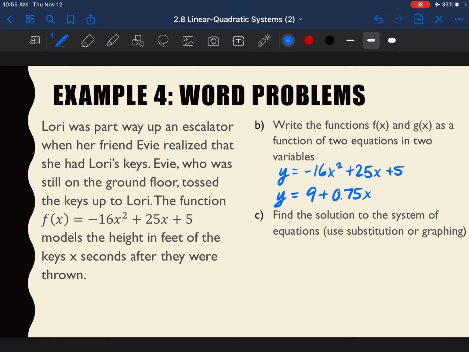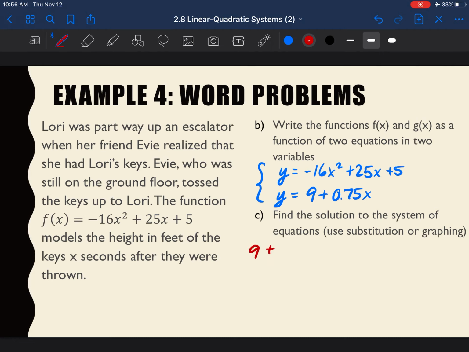And if you wanted to, you could have rearranged that one. Okay, so there's your system of two equations. Then it says find the solution to the system of equations. You can either use substitution or graphing. So I'm going to show you how to set up the substitution at least. If you do substitution, we can just take this and plug it in for the y up here. So then that would give you